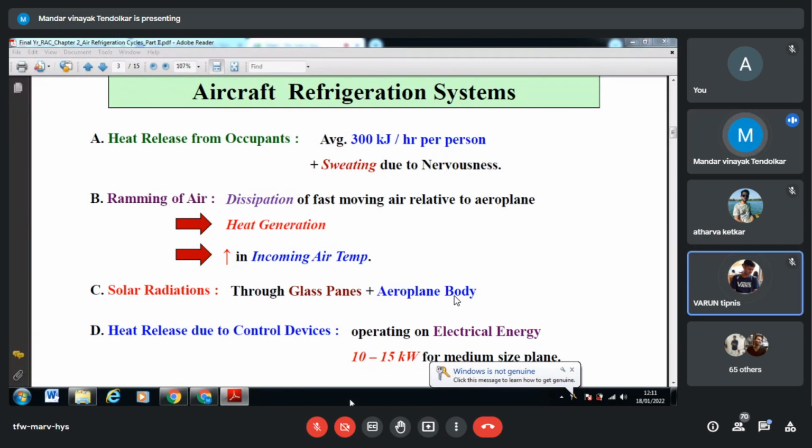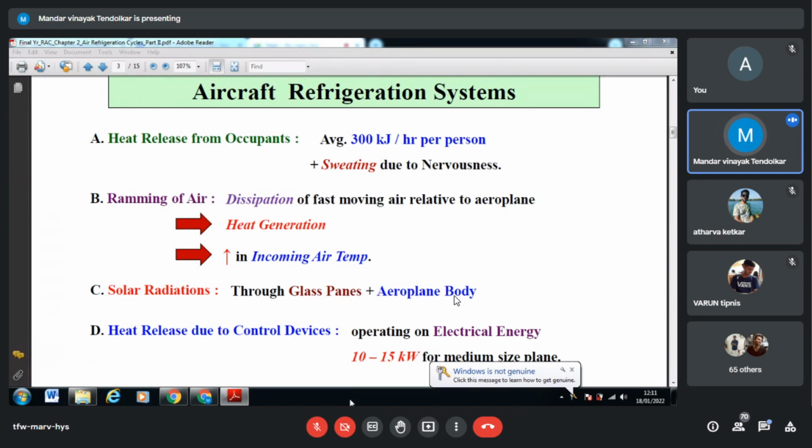So actually, if I want to control something for the life safety of 450 people simultaneously, excluding the crew, just talking about the passengers, and that too in a suspended position with no ground touch, then naturally the factor of safety would be much, much higher for all these control devices. So there are thousands of control devices and they liberate a tremendous amount of energy. On an average 10 to 15 kilowatt,